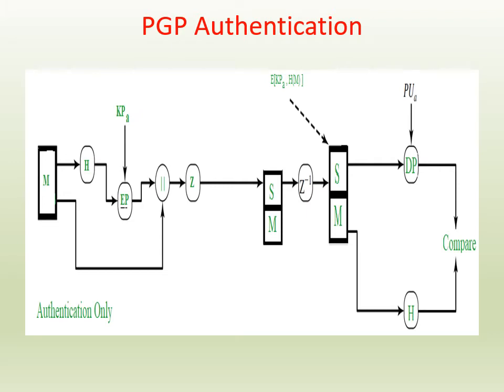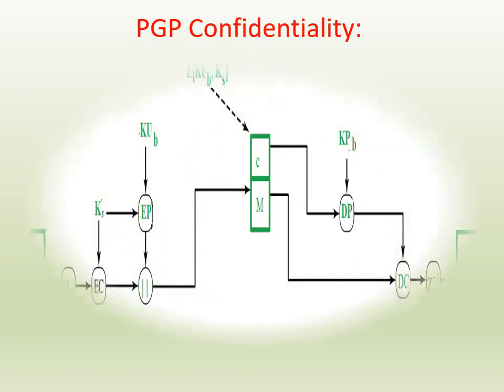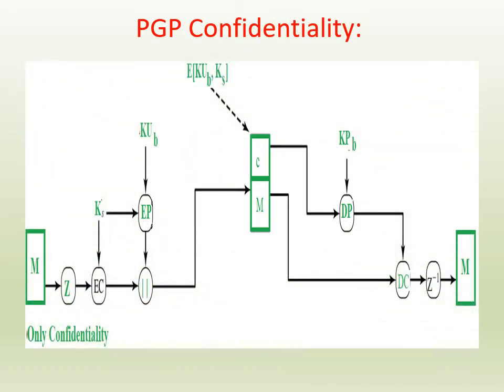Let's move towards PGP confidentiality. Sometimes we see some packages labeled as confidential, which means that those packages are not meant for all people and only selected persons can see them. The same applies to email confidentiality as well. Here in email service, only the sender and receiver should be able to read the message. That means the content has to be kept secret from every other person except for those two.